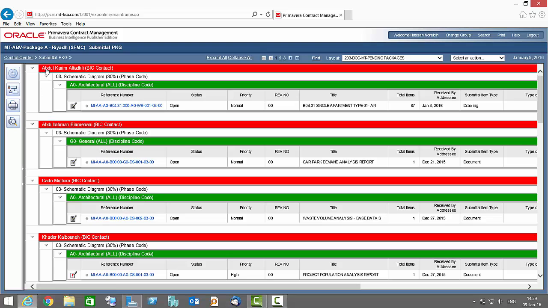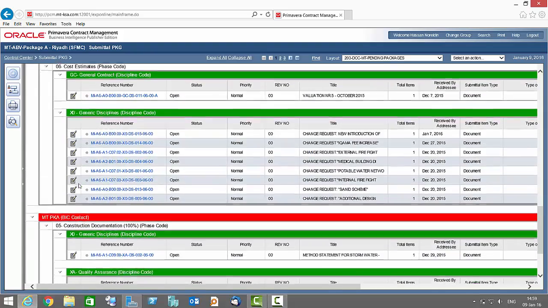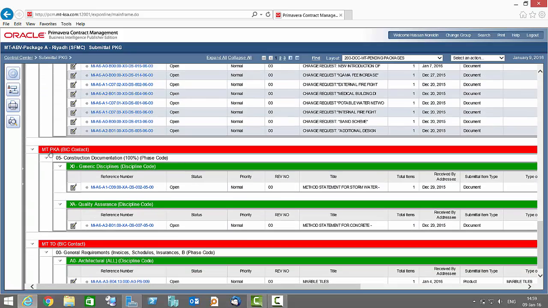Of course, if you find here the name of the person, that means the documents were distributed or changed, the ball in court changed by the head of department. So you will find those now under Abdul Karim, and Abdul Karim is working under this package. You will find Abdul Rahman, you will find Carlo Migliorak, Khader. You will find this BKA, MT BKA, this MT